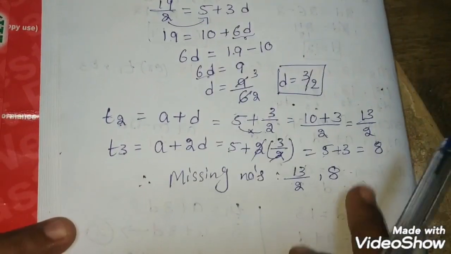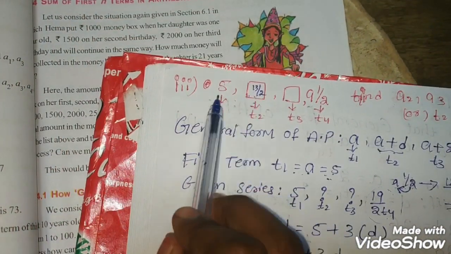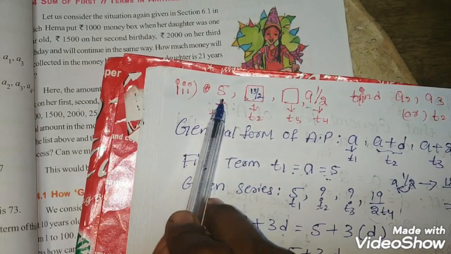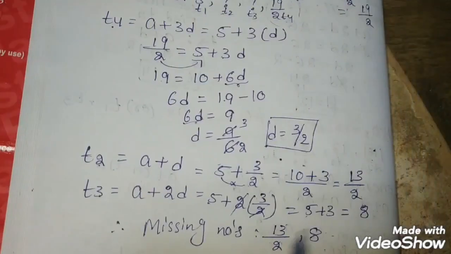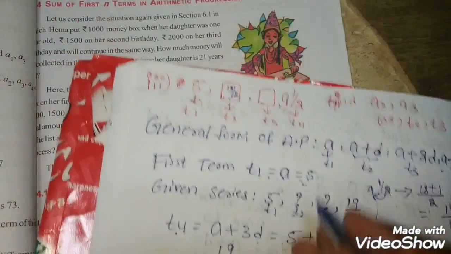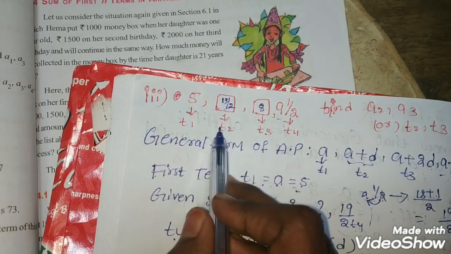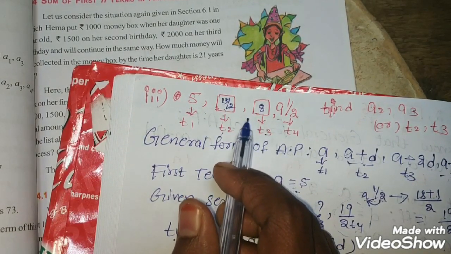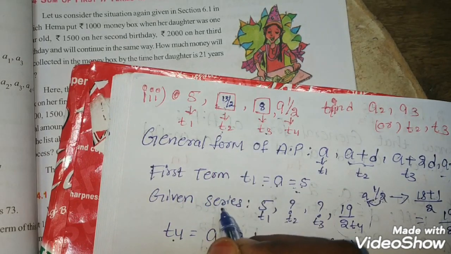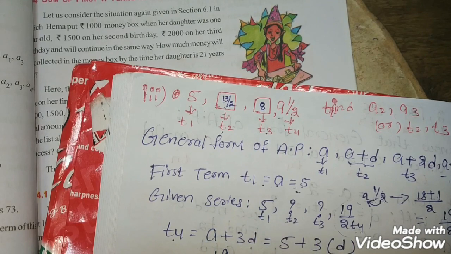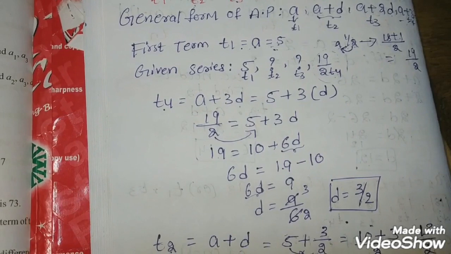Is this solution correct or not? Then you simply have to do 13 by 2 minus 5, that is T2 minus T1, and we get one solution. And next, what is T3 here? T3 is 8. Write down here T3 minus T2: 8 minus 13 by 2. You get the same result, because the common difference is the same in an arithmetic progression. I already told you in the earlier sessions. Are you understanding? Okay, please pause the video to note down all.